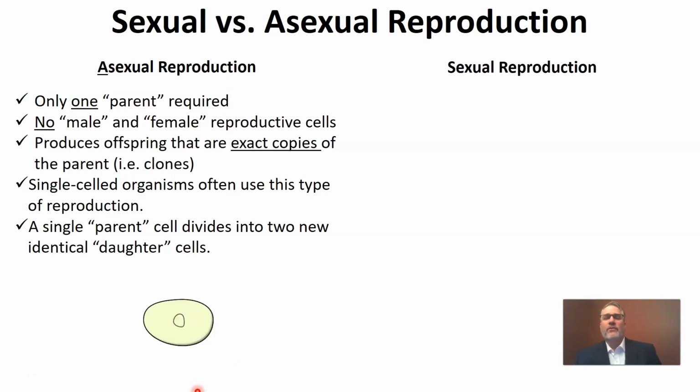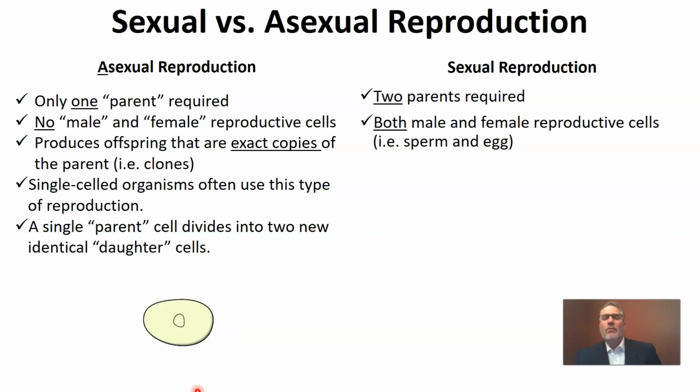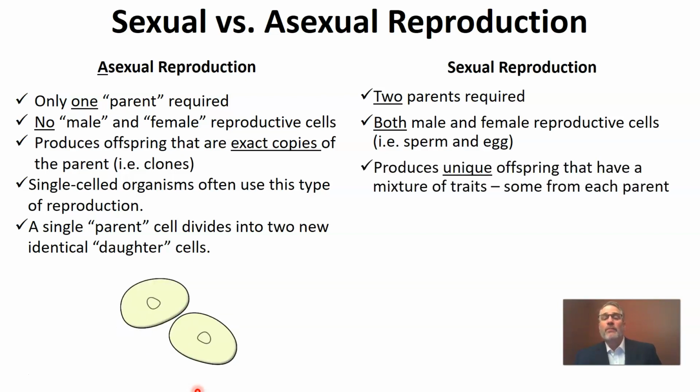Let's go ahead and compare that to sexual reproduction. So sexual reproduction, of course, requires two parents, not just one parent. We have both male and female. The idea of male and female comes from sexual reproduction. So we have male and female reproductive cells, and by that we mean, of course, the sperm and the egg. Sexual reproduction produces unique offspring. And so unique offspring, meaning that they have a mixture of traits, they get some of their traits from each